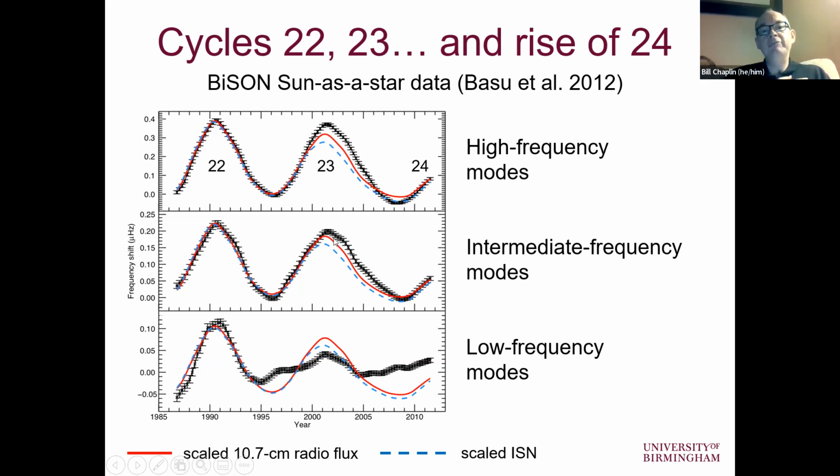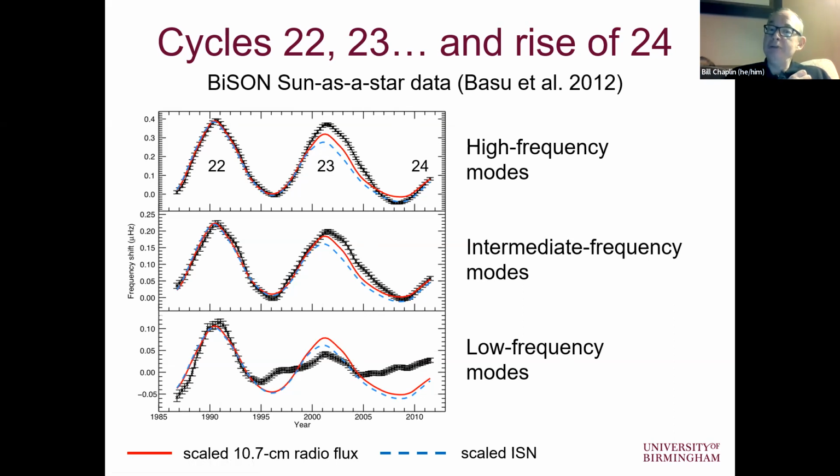And then you can see that for all three frequency bands here, the correlation starts to wander away. And it wanders away even earlier than that for the lowest frequency modes. So this is telling us already that the frequencies and these global proxies of activity, while moving in lockstep in cycle 22, something happened during cycle 23, and that close correlation started to deviate. And it deviated most strongly in the low frequency modes.